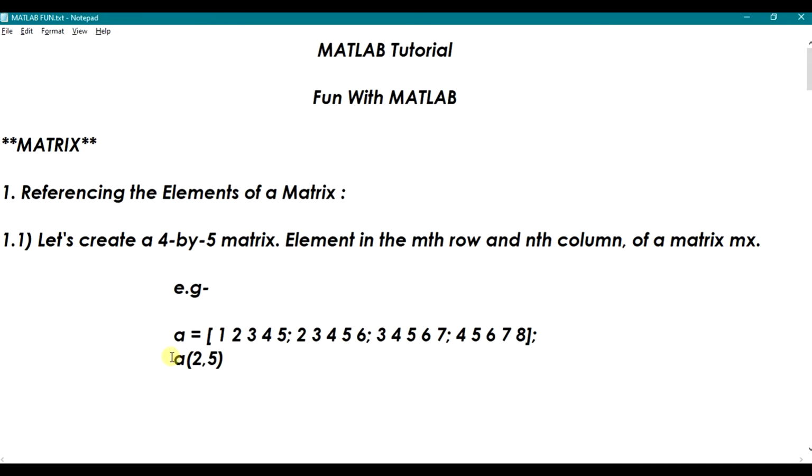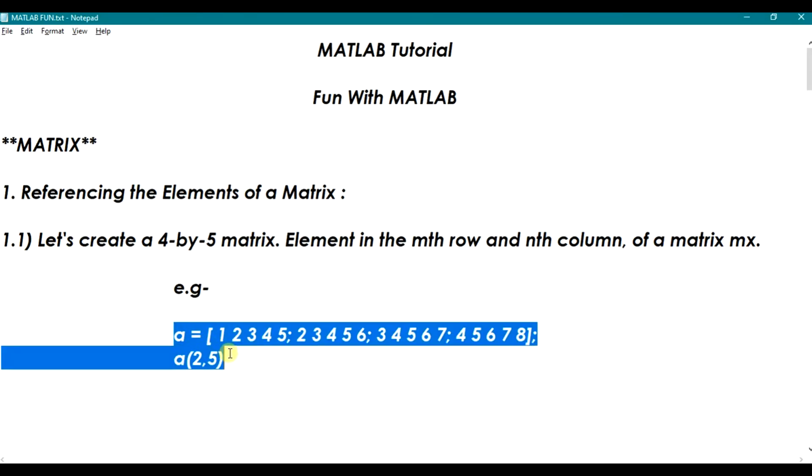Okay, so here it says 2 comma 5, so second row and fifth column. I'll again copy the whole matrix, and make sure the semicolon is also copied this time, since it terminates the coding.